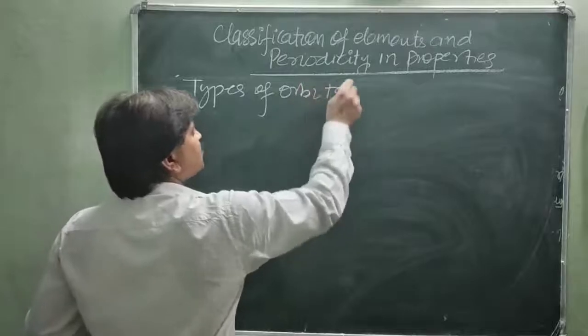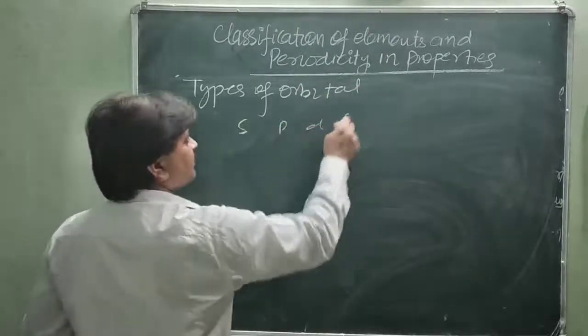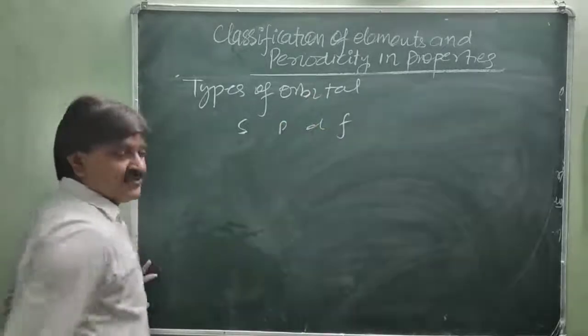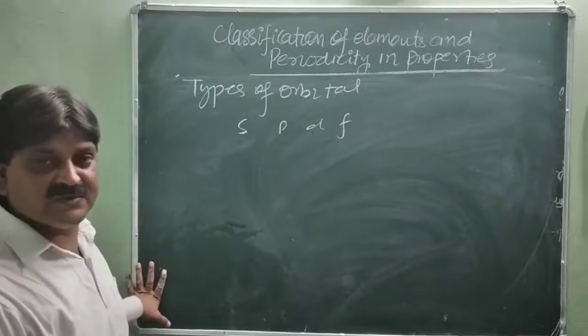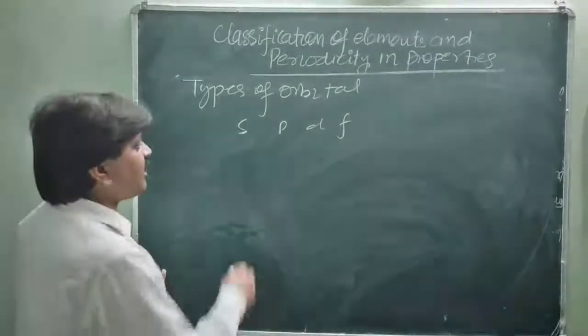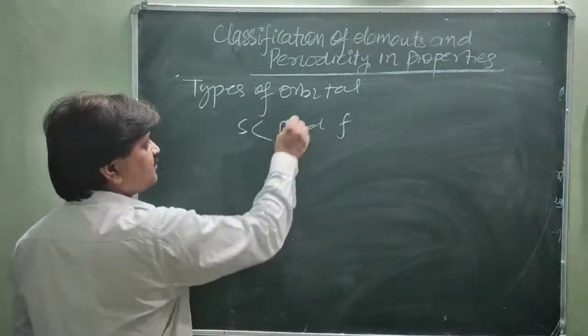There are 4 types of sub-orbitals: s, p, d and f. If an electron is present in the s shell, p shell, d shell or f shell, which will have the more ionization enthalpy and which will have the less ionization enthalpy? You know that the energy of the sub-orbitals,